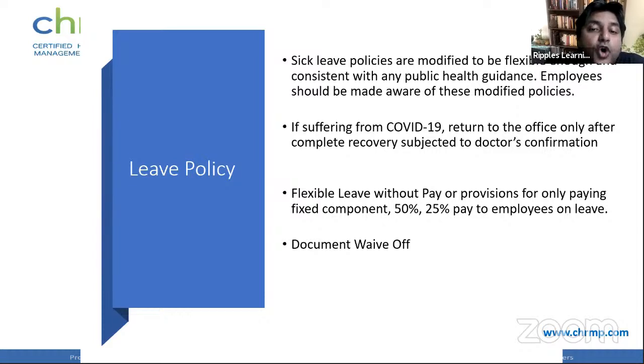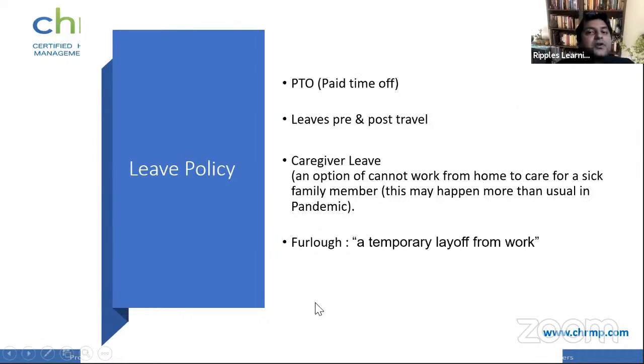Some organizations are changing document waive off, which means you do not need to get medical bills entirely, because it's about going to the doctor and meeting, and the whole idea is to involve less interactions. So if somebody is unwell because of whatever reason, it might be anything, it might not be something related to pandemic, but still for the person to go and get a medical certificate to prove a leave is something that is being waived off increasingly, right? So all these changes are being made for the period of pandemic by organizations, right? And as HRs and people who are listening, they should be able to go about doing this.